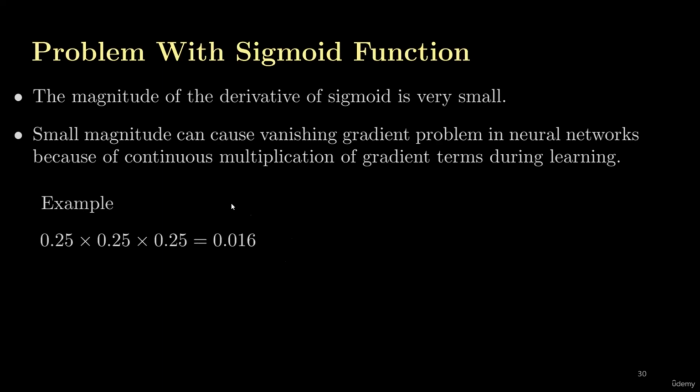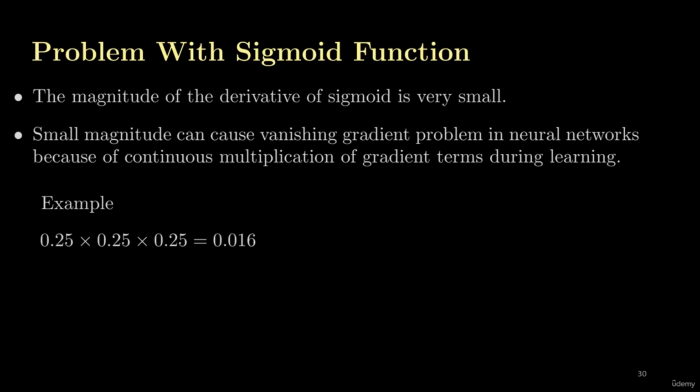So if we use the sigmoid function with the hidden layer, then we will face a problem which is known as the vanishing gradient problem. That is, our gradient will die out during backpropagation. And if our gradient dies out during backpropagation, there will be no learning in the neural network and the performance of the neural network becomes worse. So that is the problem with the sigmoid function, due to which we do not use the sigmoid function with the hidden layer. We use the sigmoid function as an activation function only with the output layer